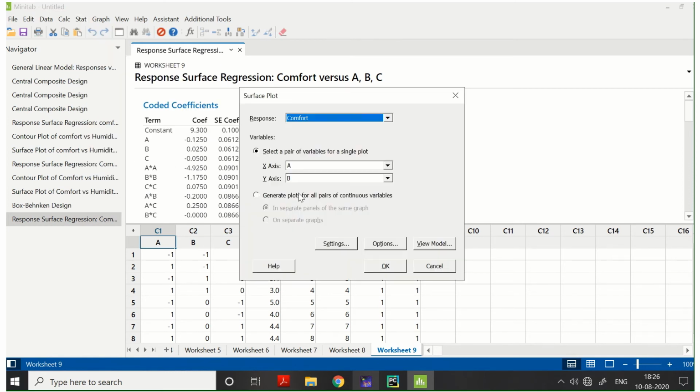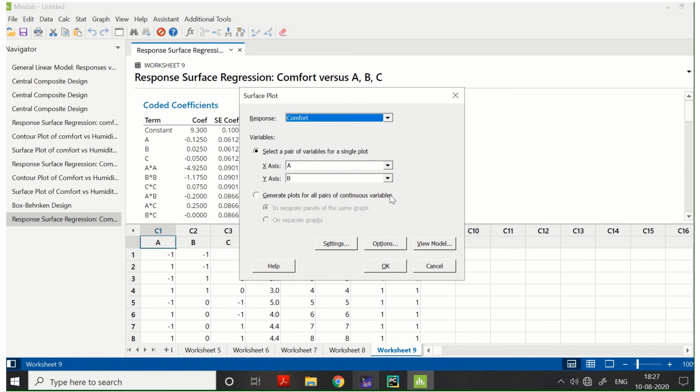and this is the surface that we need to see, in 3D contour surface. Here we have three variables, but we cannot plot all three simultaneously, so we have to select any two. Our main or most influencing variables are A and B, temperature and humidity, and the lighting effect does not have that much impact on the comfort level.